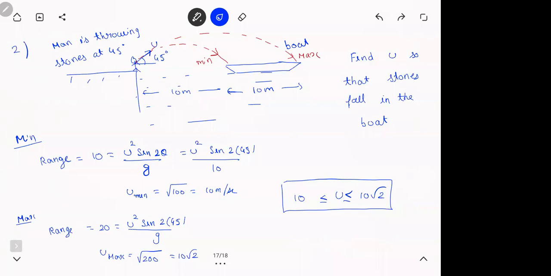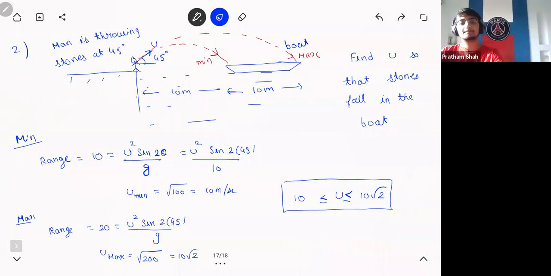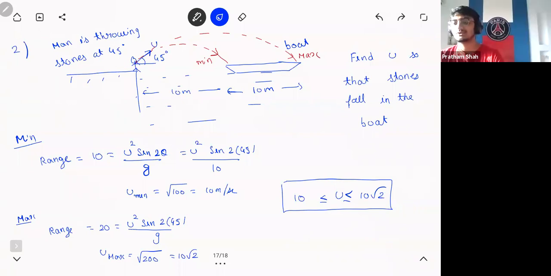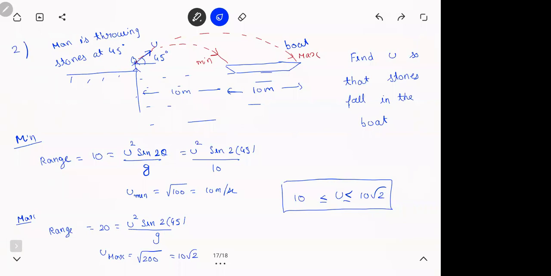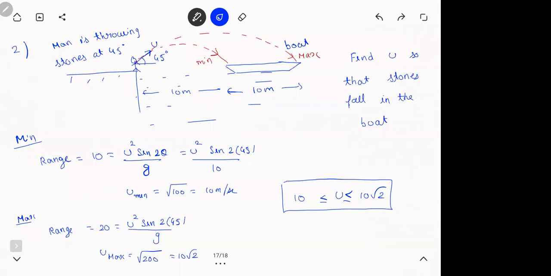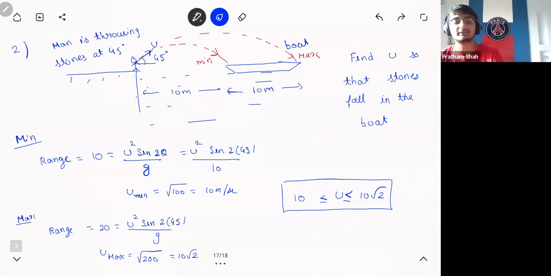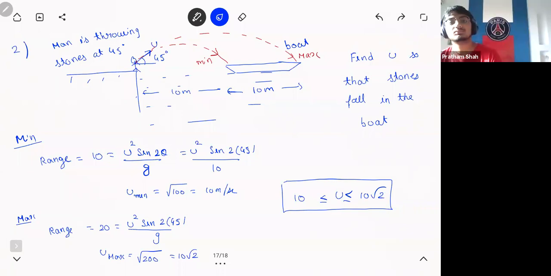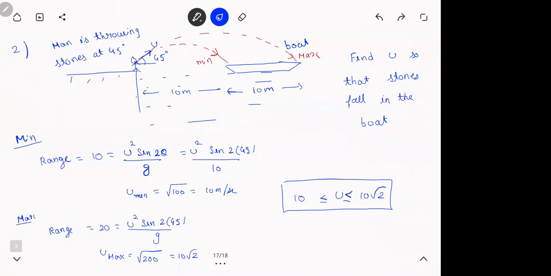Hope this was clear. We can use the v square equals u square plus 2as formula. V square equals u square plus 2as, and what is v here? Normally, what is v? Final speed, right? Final velocity. Yes. Do you know what is the final speed when it hits the boat? You don't know, right? Okay. This is projectile motion, and that too you can use in 1D motion, isn't it? Clear with this, everyone?